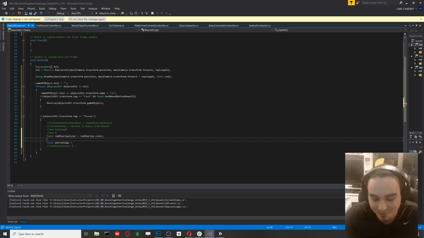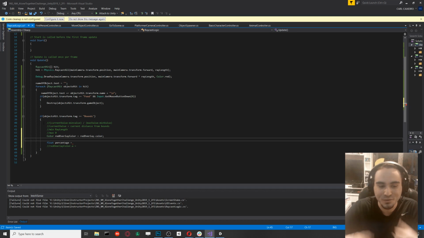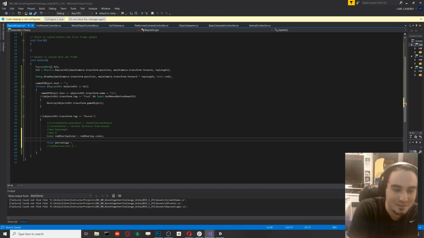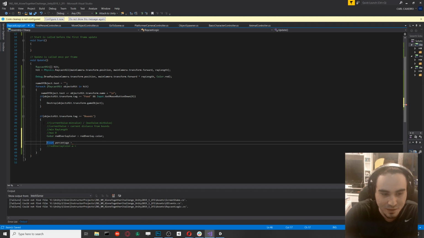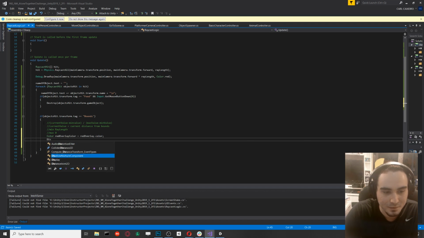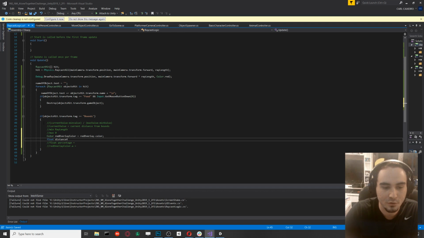Let's get the distance first, so that our percentage formula isn't a big jumbled up mess of really long code. So we'll minimize it by getting the distance first and then using the distance in the formula separately. So we'll do that first. So float distance. Creating a new float called distance is equal to,